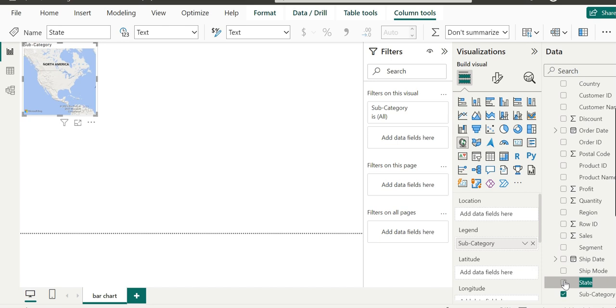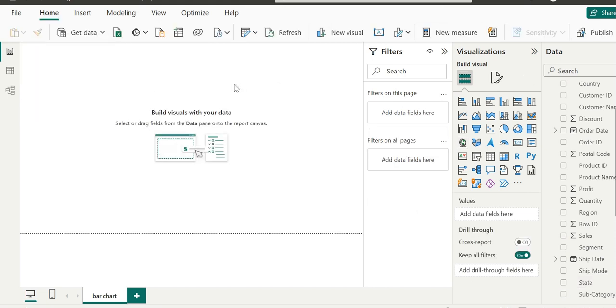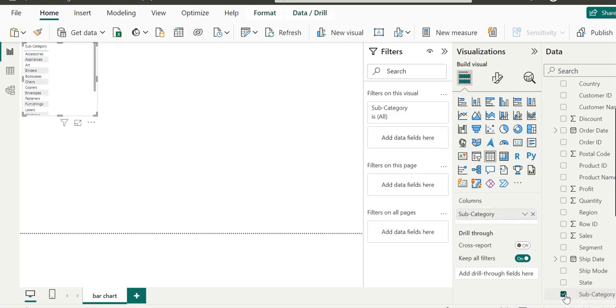See, this has been removed. Now what if we go to another categorical field called subcategory? What will happen if we only choose subcategory?